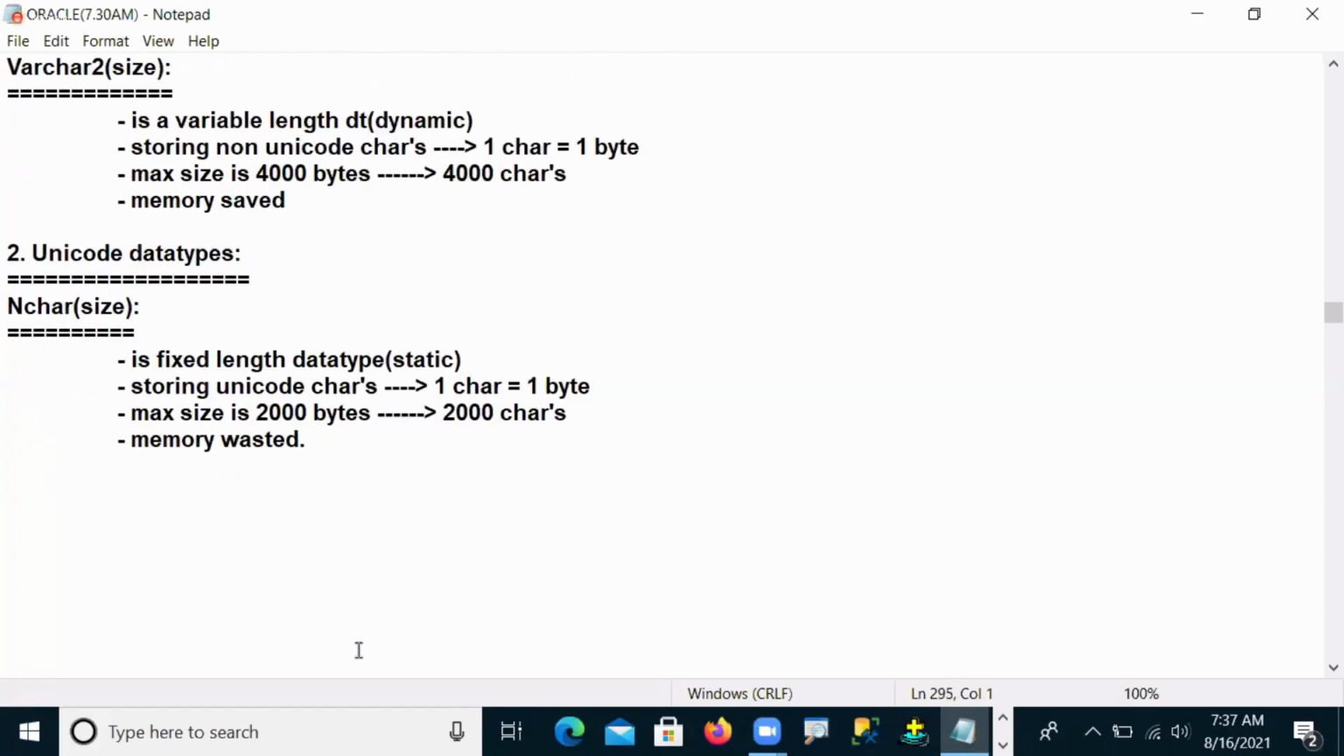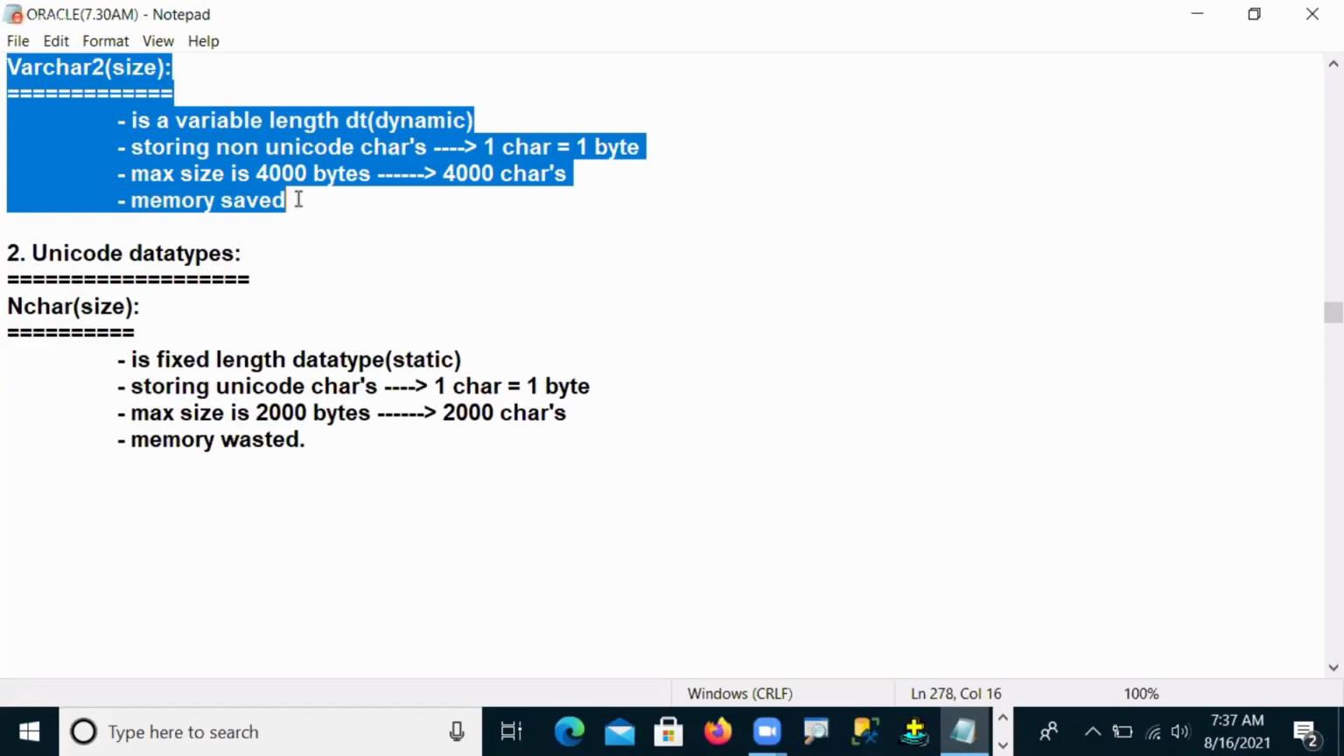And here also memory is unnecessarily wasted because the nature is static. We know how the memory is wasted: 1 char is equal to 1 byte, but when you assign some size here, the size will be fixed, so memory is unnecessarily wasted, just the same as the char data type we discussed. If you want to avoid this problem,